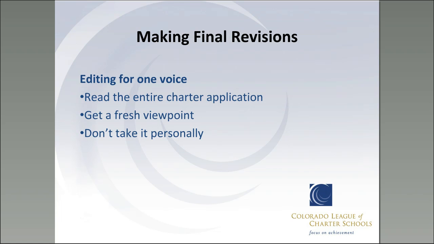It's really hard. There were some comments we got back in some of our reviews that truly felt like someone was calling my child ugly, because I was considering our charter application my child at that point. So try not to take it personally. It is constructive criticism that they're providing, even though after you do several all-nighters, you become emotionally invested in that application. But don't take it personally. They truly are helping you with all of their comments and suggestions.